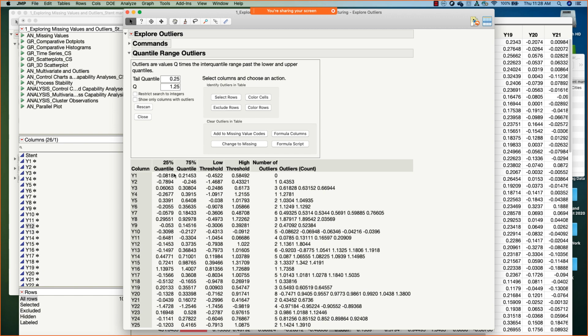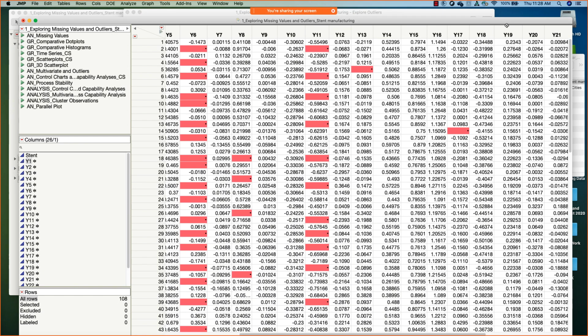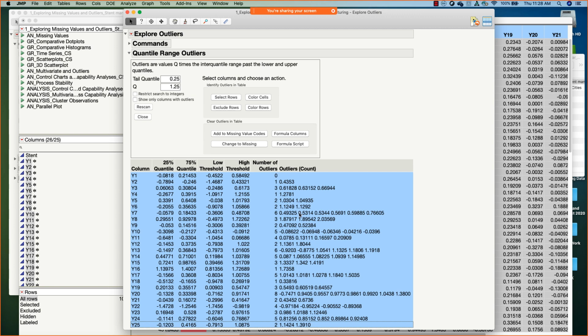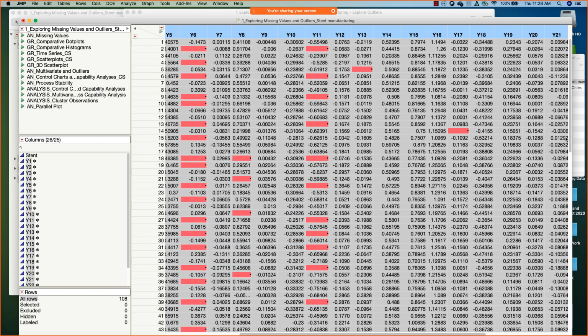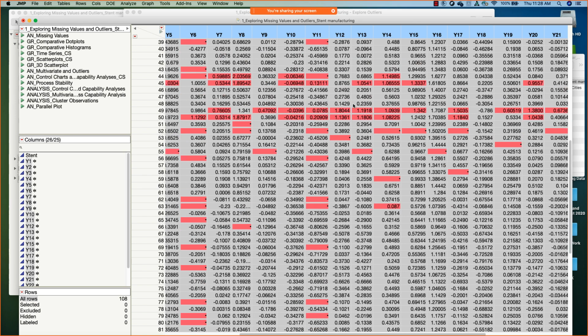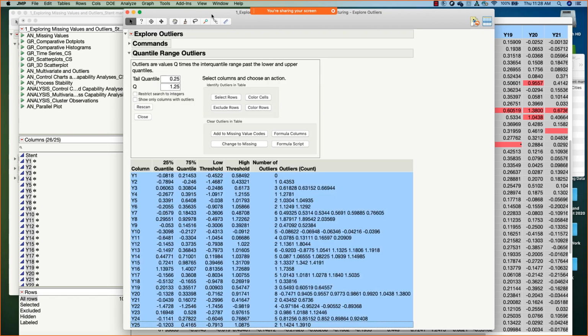And then I can choose if I want to color those observations. I know right now we've got these color-coded red for the ones that are missing. And I don't know if it's actually going to pick red or not. I'll just do it with one. Well, let's see. I can always change that. So I've got all of these, and I'm going to say color cells. Okay, oh, they also did it in red. So now I've got red here for both the missing and